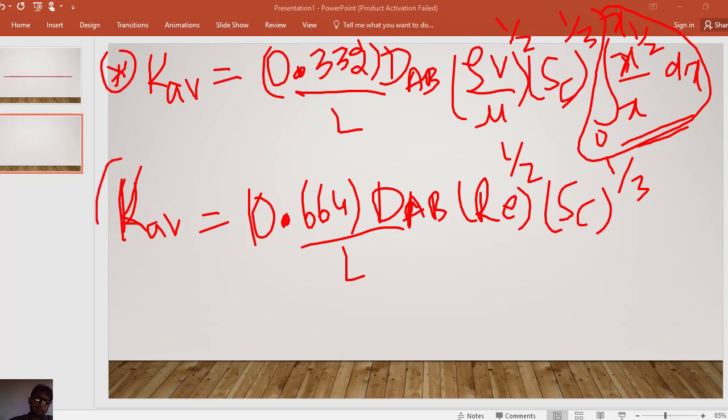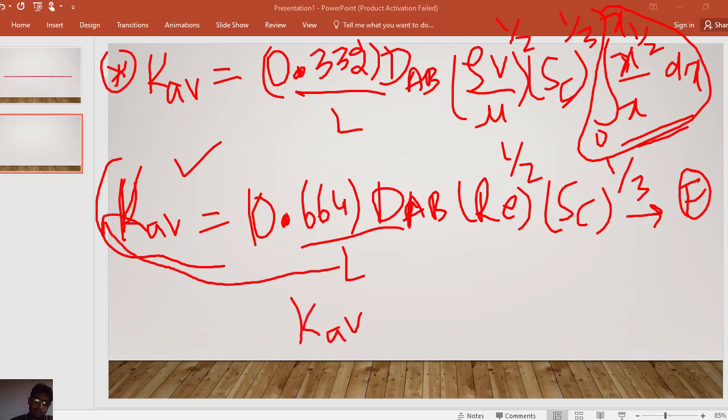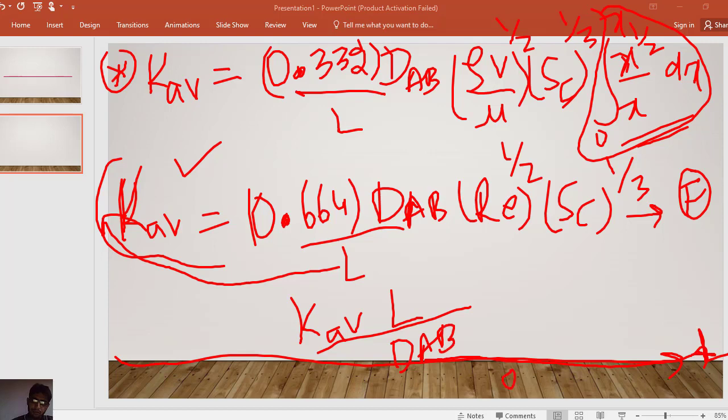This is the average mass transfer coefficient. Now suppose this is equation number f. Now simplify equation f. This will come to this side. It will give us the average mass transfer coefficient, and the length, the total length of this plate, divided by the diffusivity of this material in the liquid water,